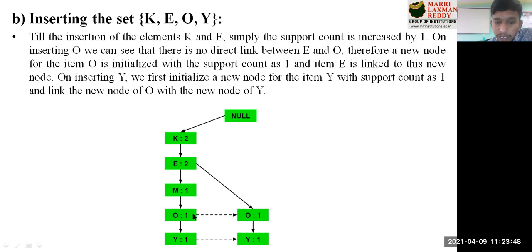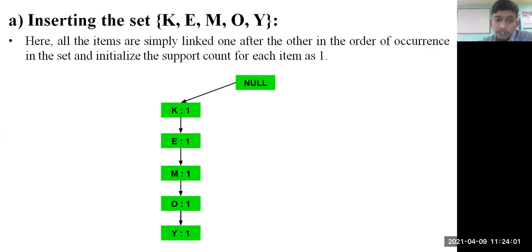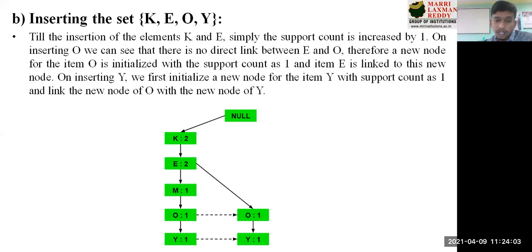Why? Because there is a gap here. In between this K, E, O, I am having M in the first transaction, and here I am not having M. So whenever you find a new set of elements in the transaction, you need to form a separate branch. Okay, this is a very important step in this FP tree construction. So I'm having the values as K, E, O, Y. I have incremented the count of K and E, but because I'm having O as a separate element here